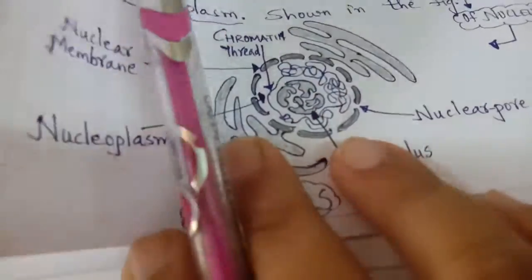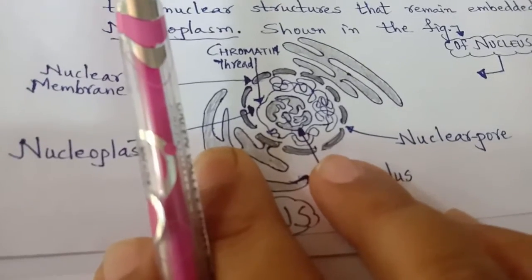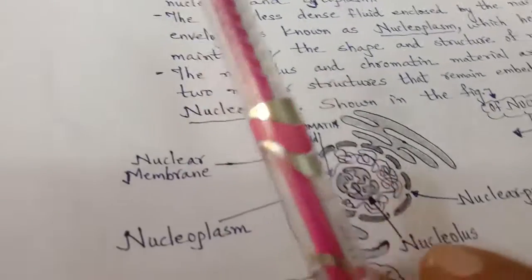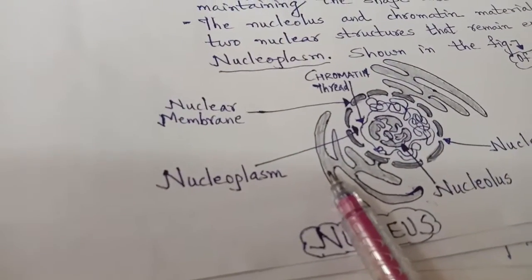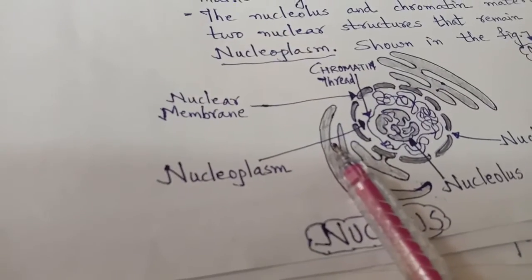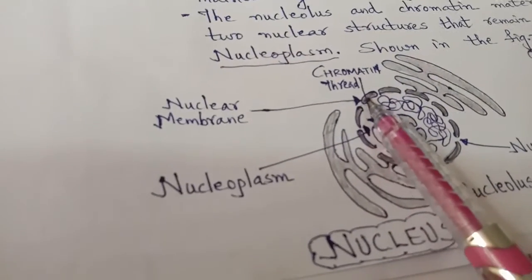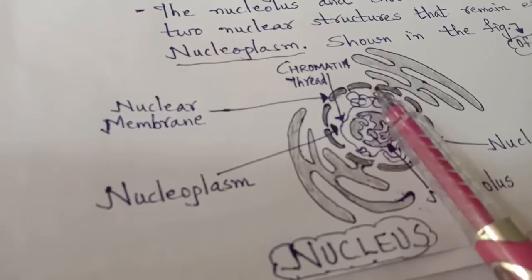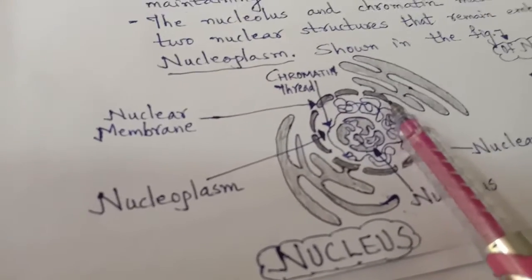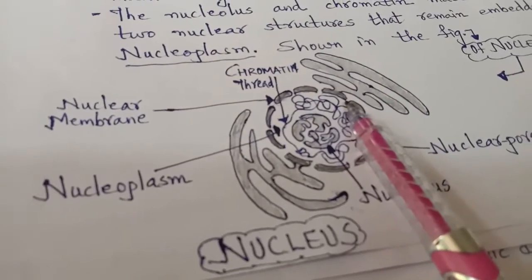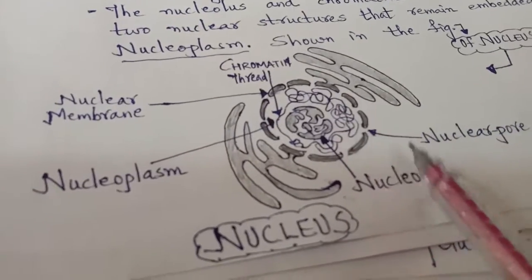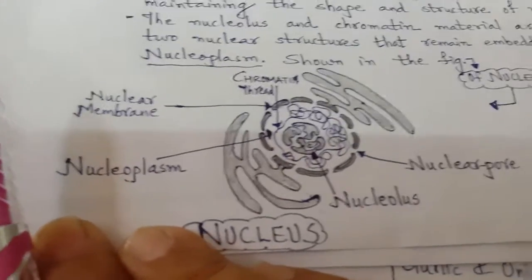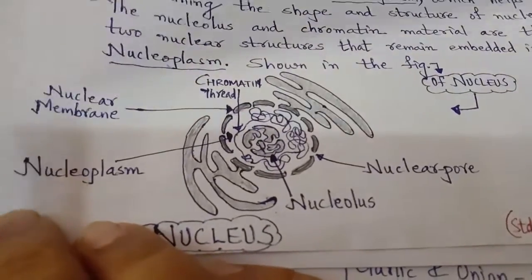See, this is the chromatin, the thread-like tangled one, the chromatin thread, and you can see the double-layer nuclear membrane. This is a double layer, right? One is a layer, and this is another layer. This is the endoplasmic reticulum. This one is a layer and this one is a layer, and it looks broken. It is not broken actually, but it is a very thin tissue layer, which is termed as pores. So these are the nuclear pores, right? Chromatin thread, nuclear pore, and nuclear membrane.